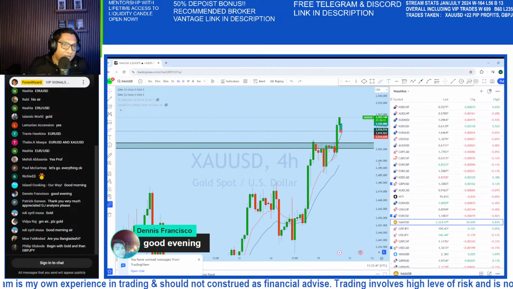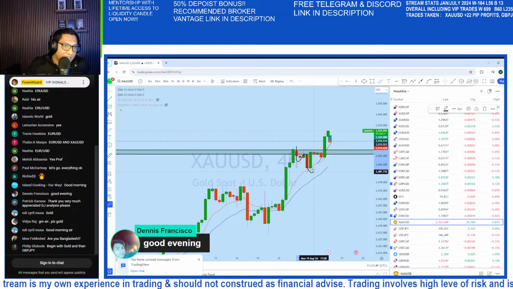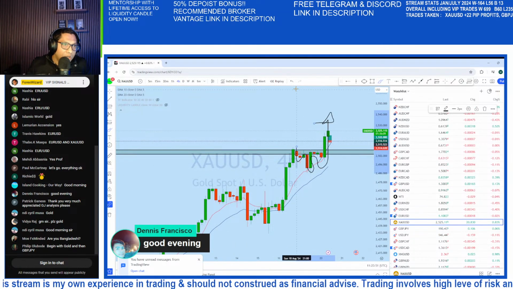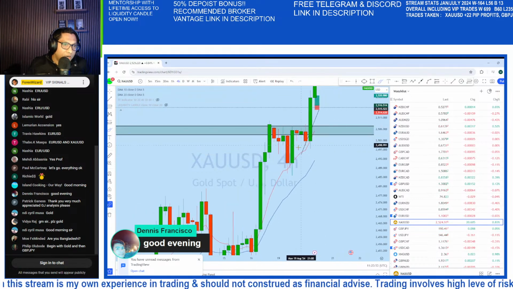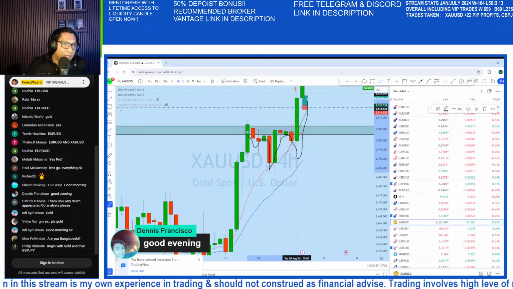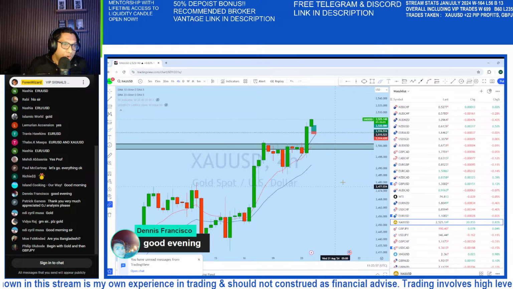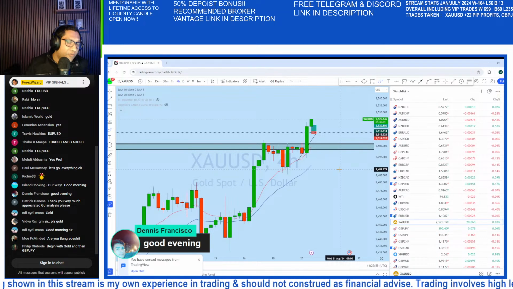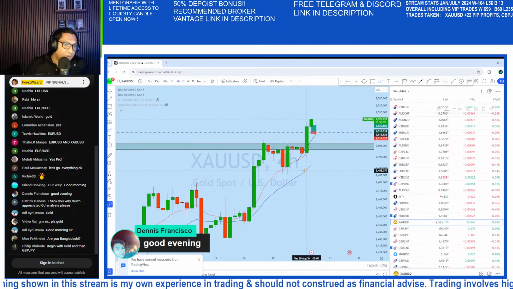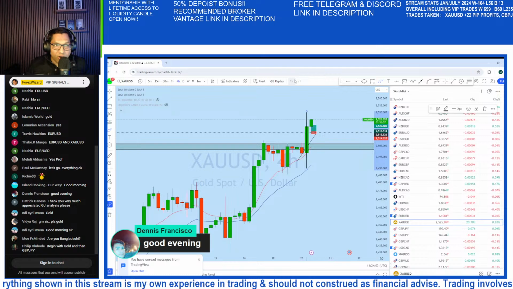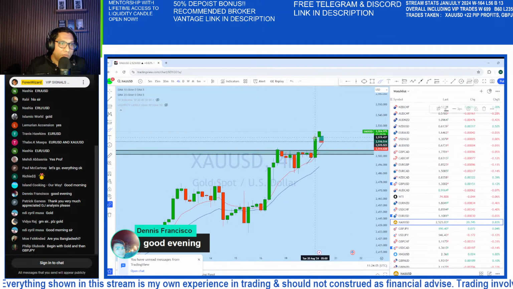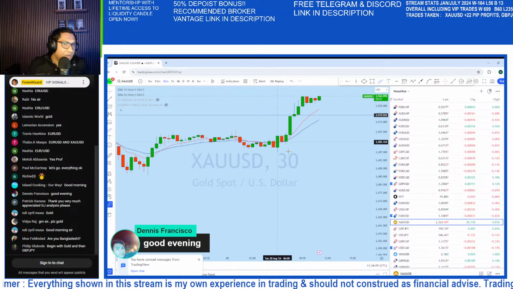It did that. The market in fact created that inverted head and shoulder and then a breakout, and with that breakout, the market has bounced from the inverted head and shoulder completely with a strong bullish engulfer on the 4-hour time frame. And from this zone, we can see the market has started to bounce back towards the upside.